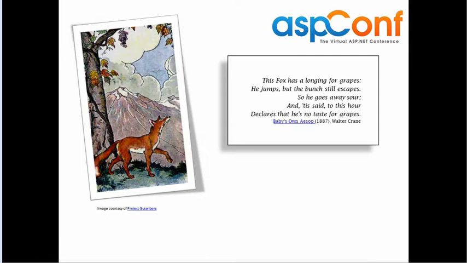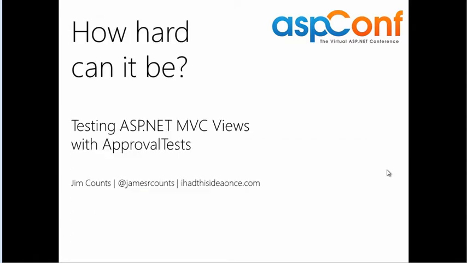It's about this fox who wanted to get these grapes. But the grapes were too high, and no matter how hard he tried, he wasn't able to get them. So after giving up, he walked away, saying that the grapes probably weren't that good anyways. Like all of Aesop's fables, it's got a moral, and the moral is that it's easy to dismiss something